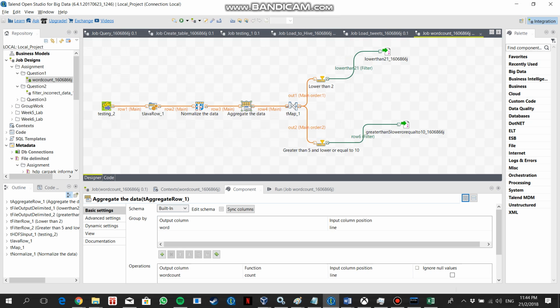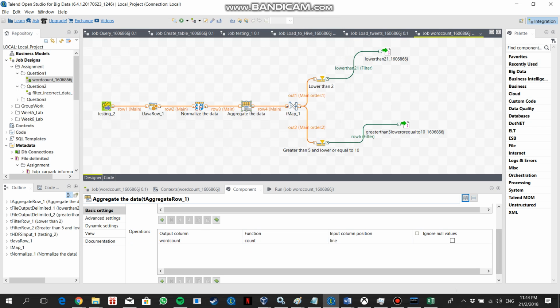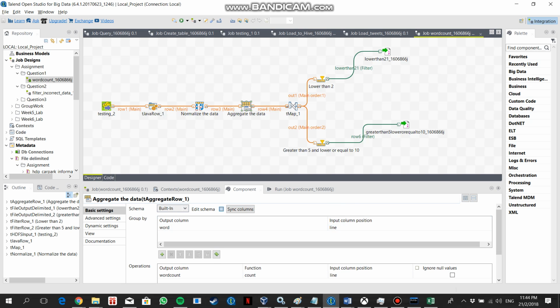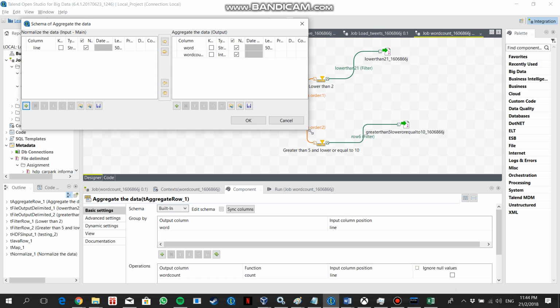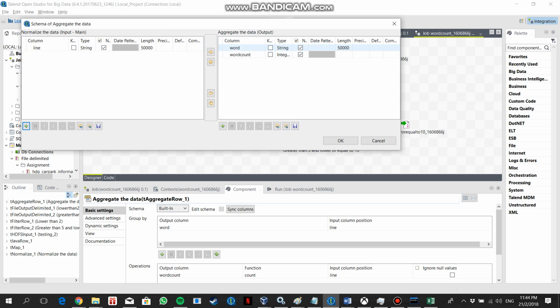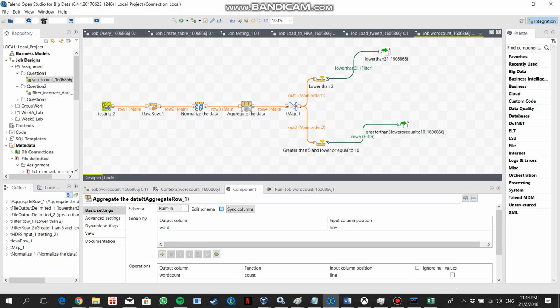What I do here is group it by the word, and the operation is a column that I've created which is word count. This is to count the number of words being used in the poem. In the edit schema, you can see that there are two columns together with the first column that I created, which is the word and word count. Next up in tmap,